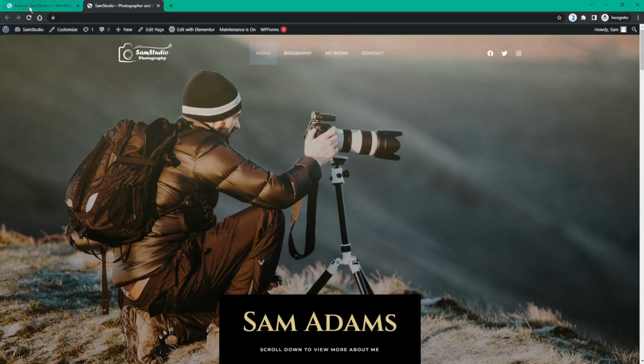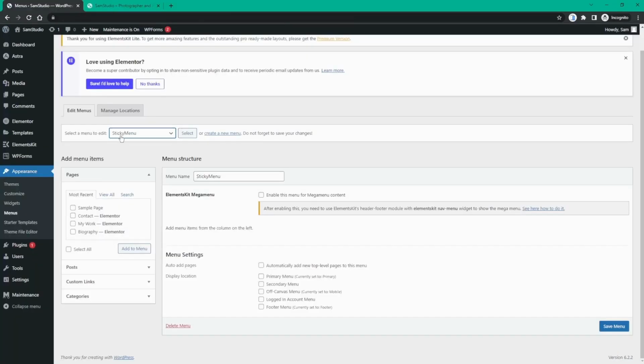So let's go back to the menu settings. And on the left hand side here, we can see that we have options to add all kinds of elements to our menu. But for now, we're going to click on View All underneath the Pages tab. And I'm going to add home, biography, my work, and contact. When I click on Add to Menu,